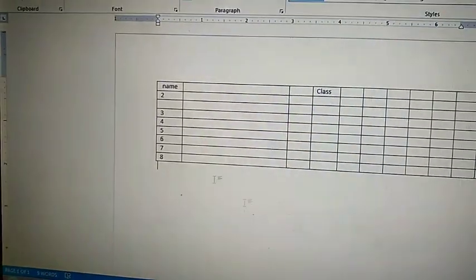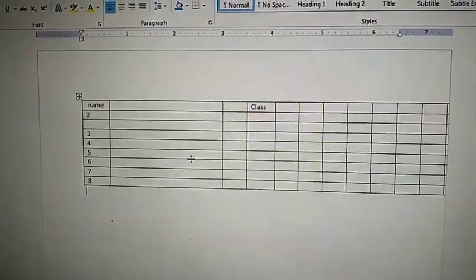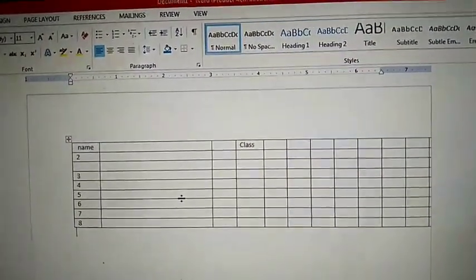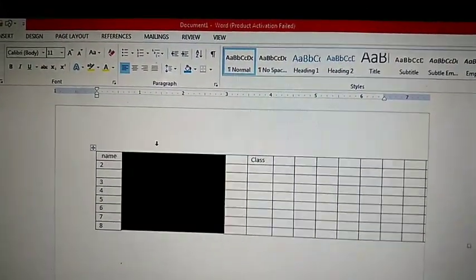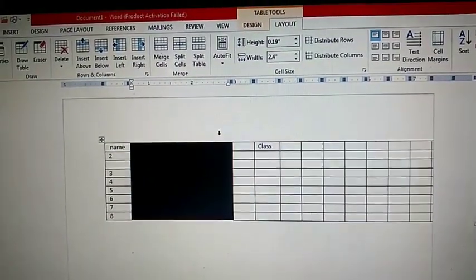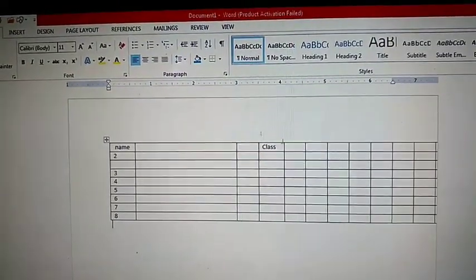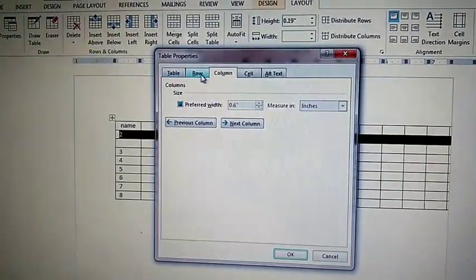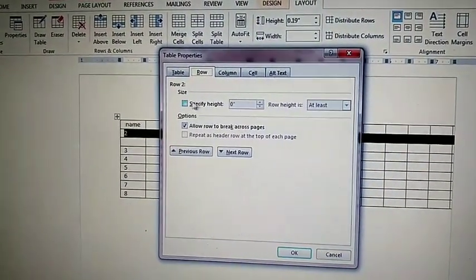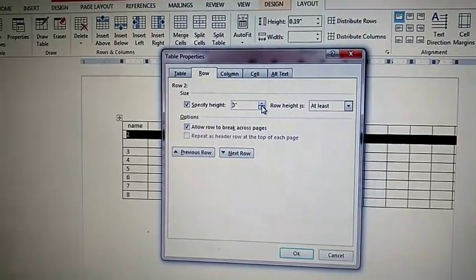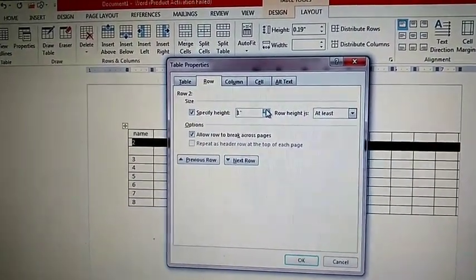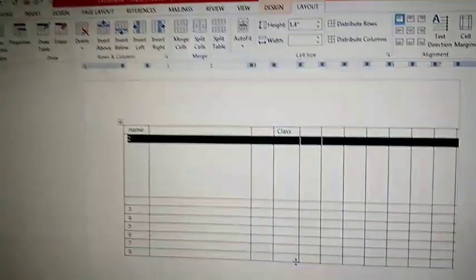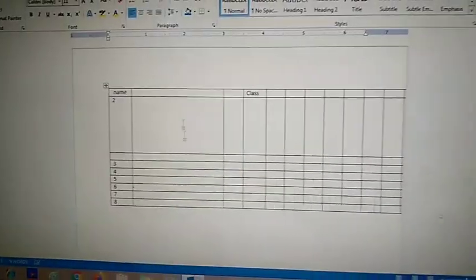Now you can see this width of the column is increased. So like this you can change the width of the column. Because I have selected this one, only this one is changed. If I select the whole table, then the whole table will be changed. Like I want to change row width, again go to the properties option, this time choose row, and you can increase from here and click on OK. So this will increase the height of the row. Like this you can increase or decrease the row height and column width.